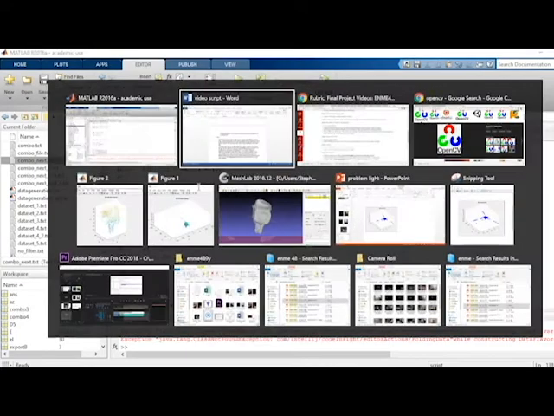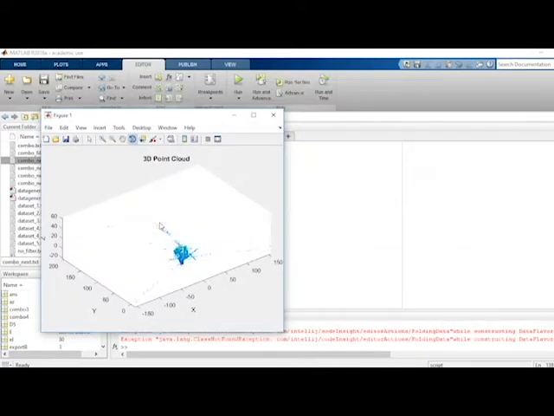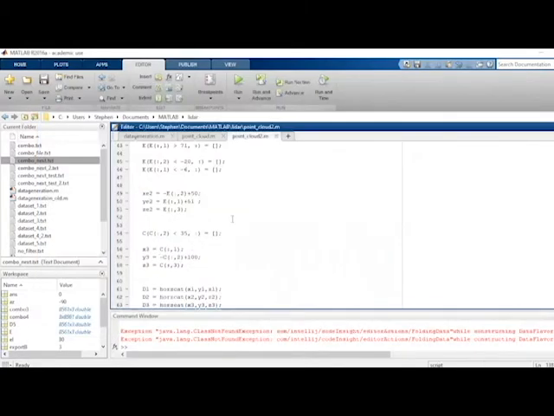So this is what the raw point cloud looks like. As you can see, there is a lot of extraneous points and a lot of noise. This needs to be filtered. Using the shown MATLAB code here